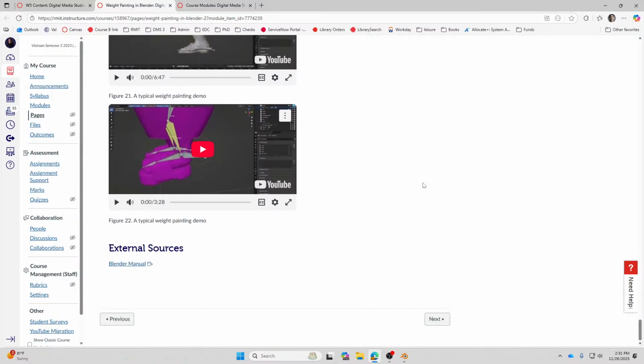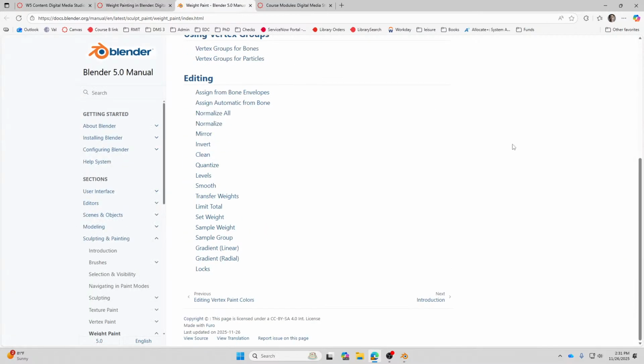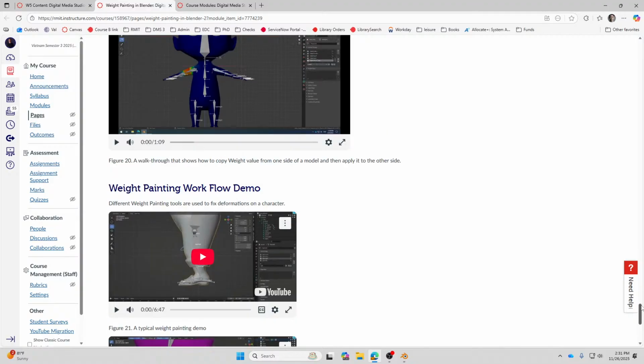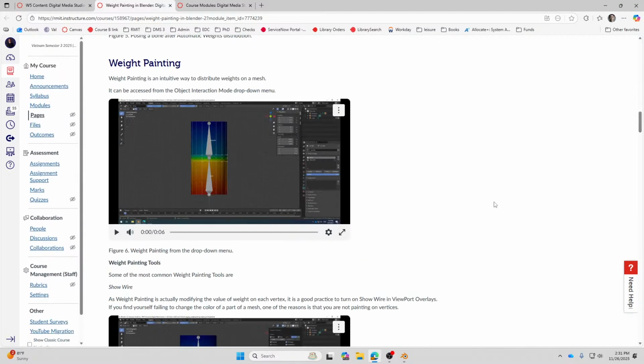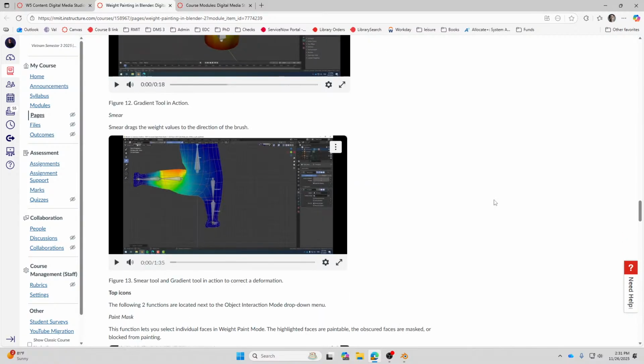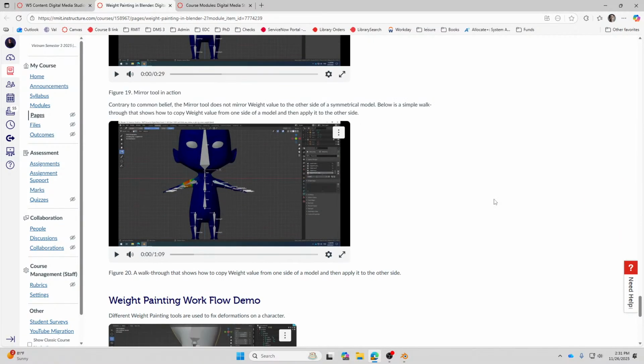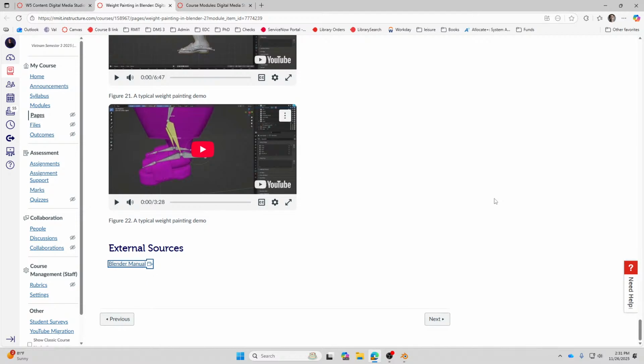And then external sources, this is just an extra, but you can read about all of the other tools in detail over here. I think for weight painting, this page covers mostly the tools you need to understand. Today we're going to jump directly into the model, so you learn how to assign weights to the geometries.